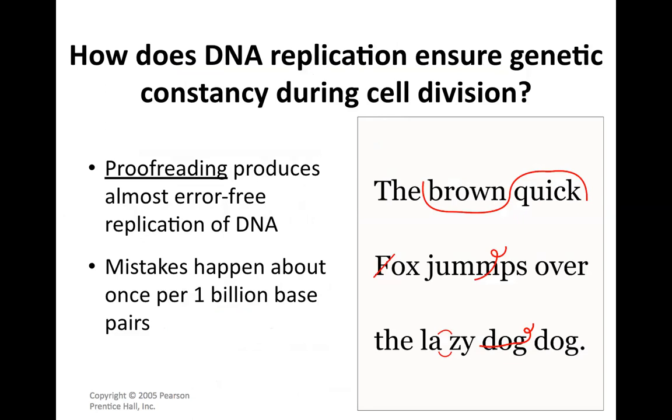Okay, in the next portion of the lecture, we will talk about mutations, various types of mutations, how they occur, and why they are dangerous. But in this last slide, I just want to mention that as the DNA polymerase copies DNA, it has proofreading mechanisms to make sure the copying of the nitrogen bases is correct. Whenever it finds something wrong, an enzyme cuts out the miscopied nucleotide and replaces it with the proper one to reduce the chances of genetic mutation, which is really amazing. The number of mistakes happens at about once per 1 billion base pairs,